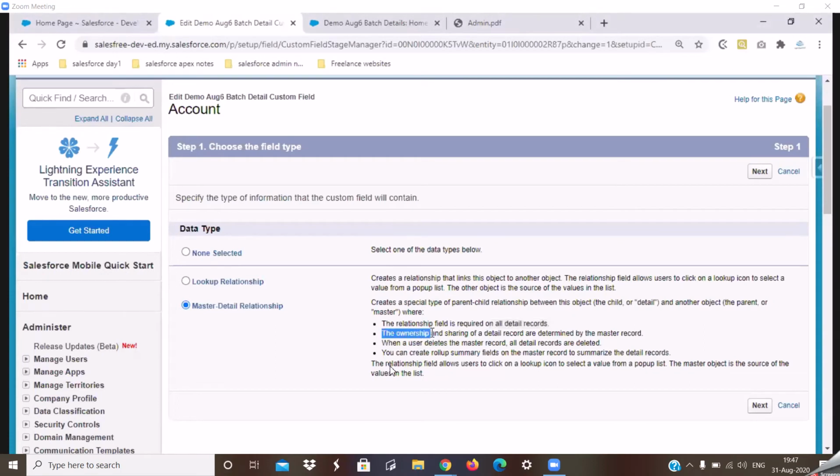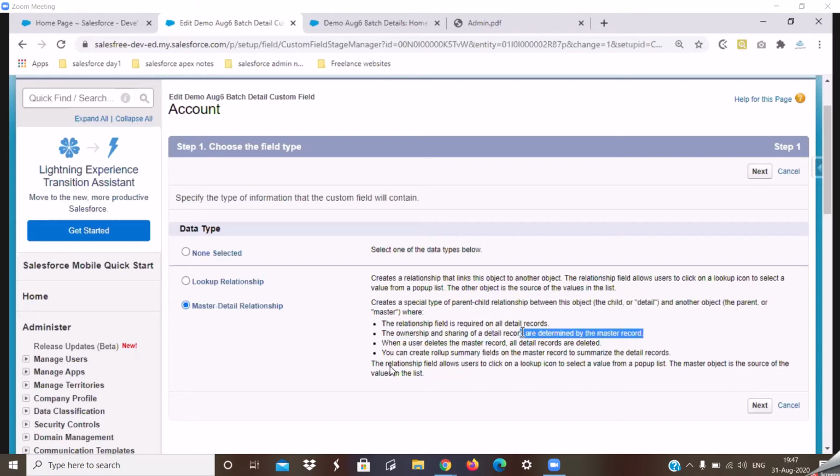We have briefly discussed that some behavior of your child is controlled by your parent, and these points add to that behavior. The ownership and the sharing of your detail record are determined by your master record.